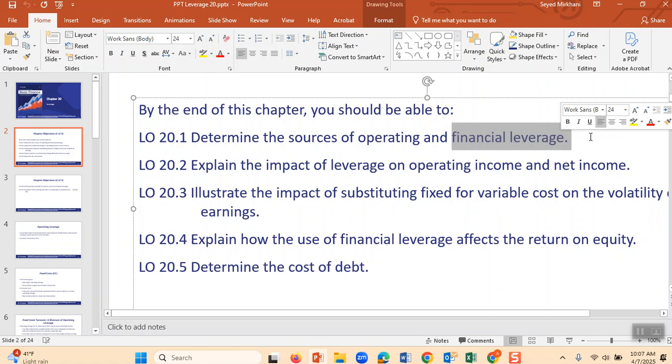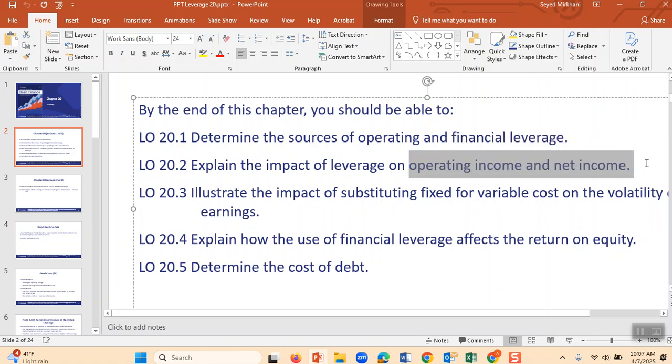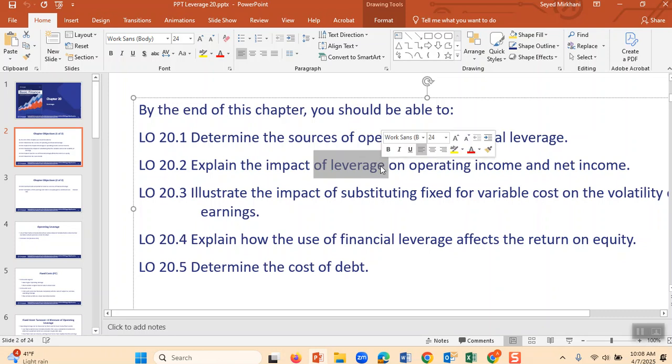Also, there are tax issues as well. We will talk about it. But for now, I want you to get a sense of the impact of these things on your income, net income, and what can happen. Leverage means borrowing. You already learned the impact of borrowing in terms of that particular income, and we will talk about them in more detail.